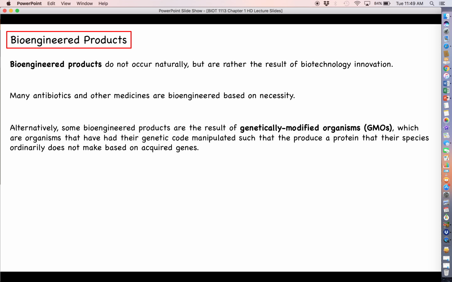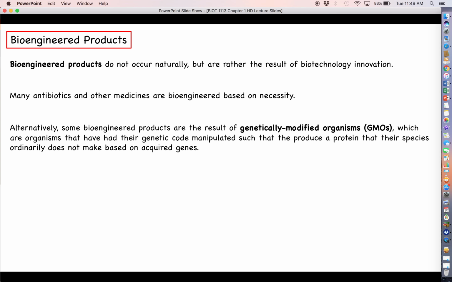You hear GMO this, GMO that, and GMO is kind of a term that gets a negative connotation in the media, and really for no good reason at all. I think a lot of people, maybe the uninitiated, are just maybe a little bit afraid of what they don't understand. There really is no need to fear genetically modified organisms as long as the biotechnology is sound in what